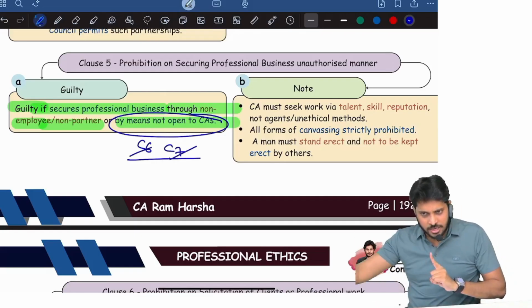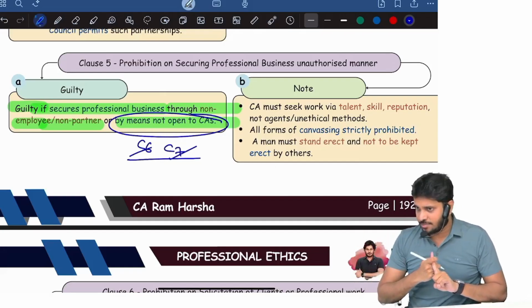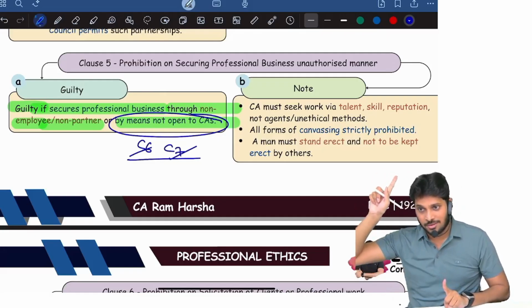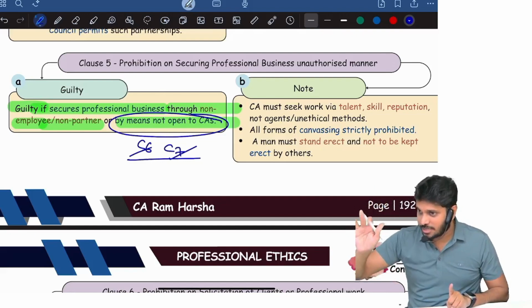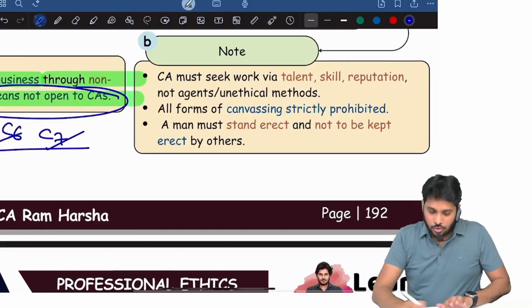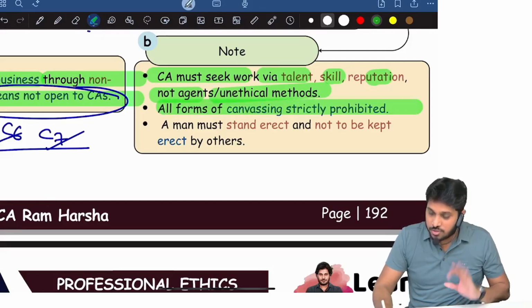So if a partner is bringing a client, accept it. If your employee is bringing a client, accept it, no problem at all. Remember again that partner and employee are bound by clauses 6 and 7. Understood? So if my partner is advertising and then bringing a client, no, that is not permitted. They should also bring work through accepted means. Next, what are they saying? CAs must seek work with talent, skill and reputation, not through agents or unethical methods. All forms of canvassing are strictly prohibited. Okay fine, next,